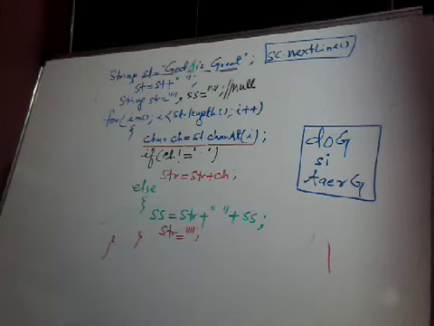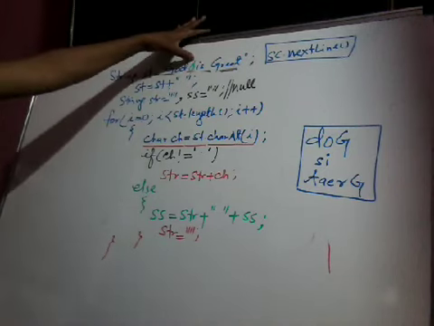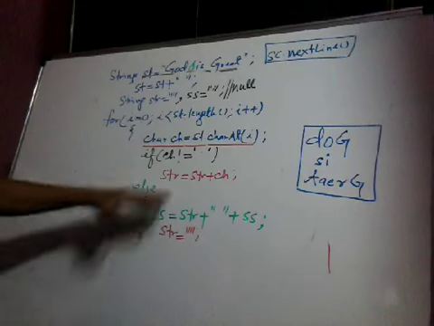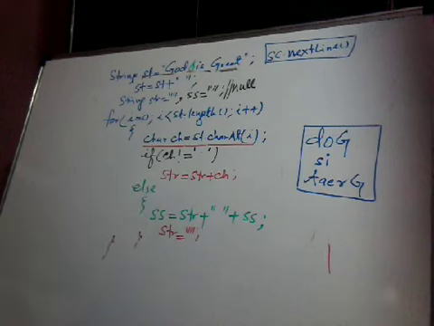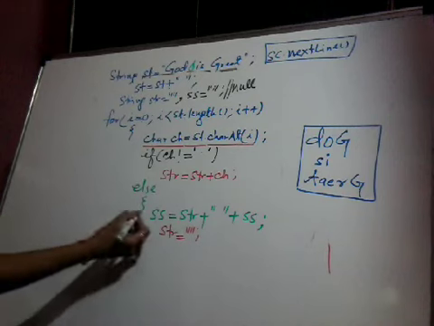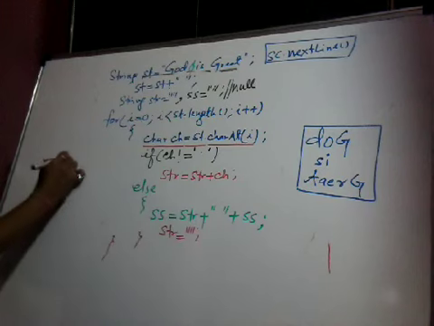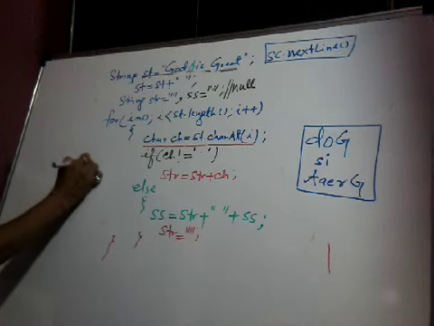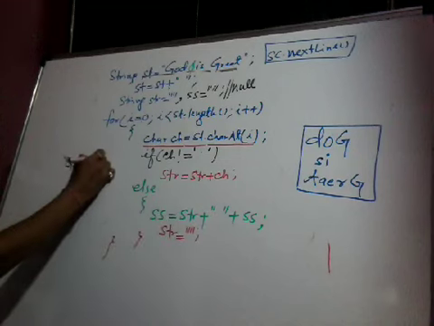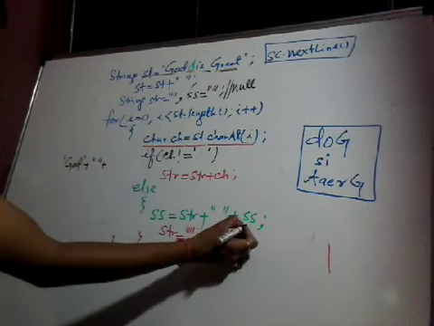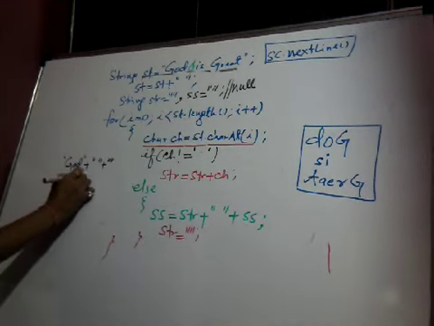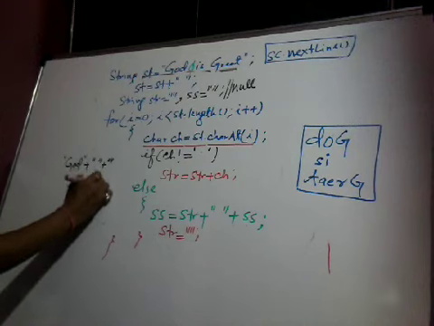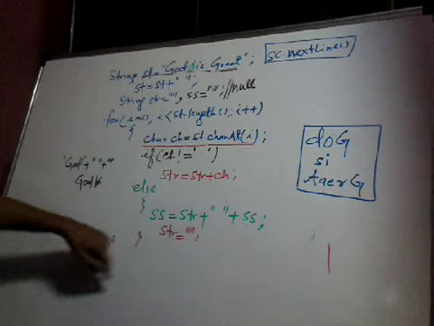See carefully, children. When this condition becomes false, that means when it gets the space, it will go to the else part. When it goes to the else part, the value of str will be God. All right. Now see else part. Ss equal to str. What is the value of str? God, within double quote, plus this is a space plus ss. Ss is null, nothing is there. So what will be the value of ss? God with space. Str will be null.